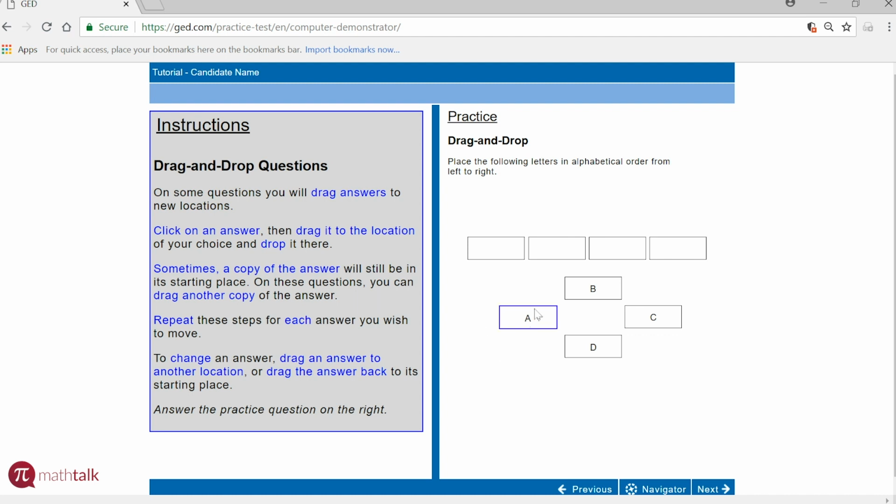So what that means is, let's say I wanted to drag question choice or answer choice A. If I drag it, it could still appear where it originally was. That just means there's more than one available. In this case, there's not. So the question says, place the following letters in alphabetical order from left to right. So A, B, C, D,